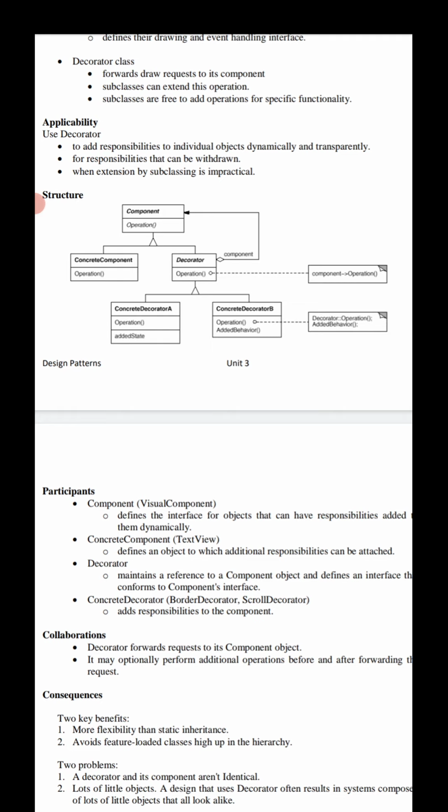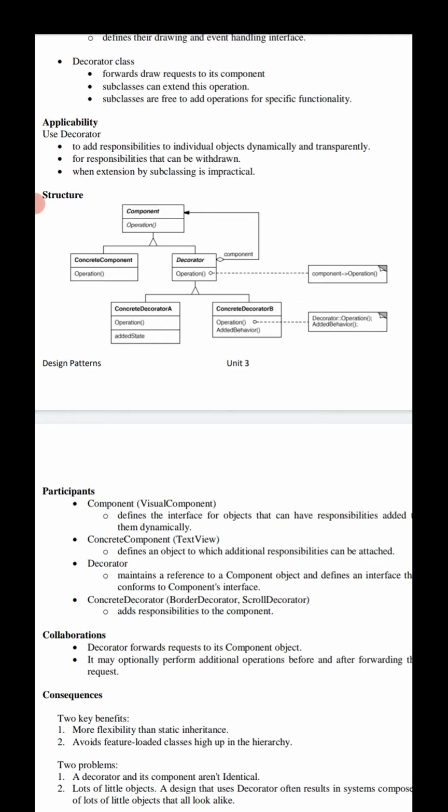Here the component is an abstract class for all the visual objects, defining the event handling interfaces, and we add some extra operations for specific functionality. So the decorator subclasses are very free.